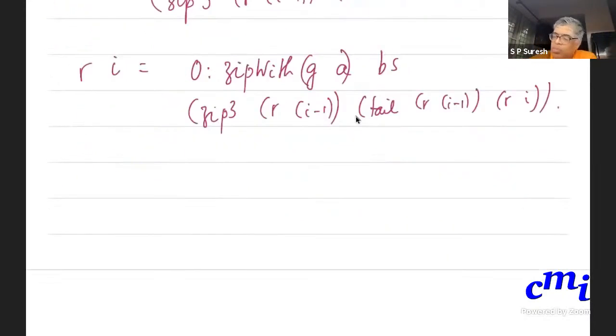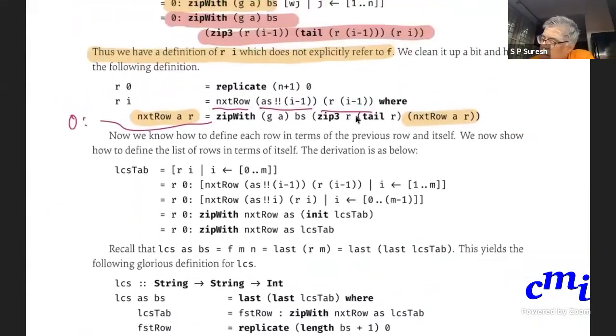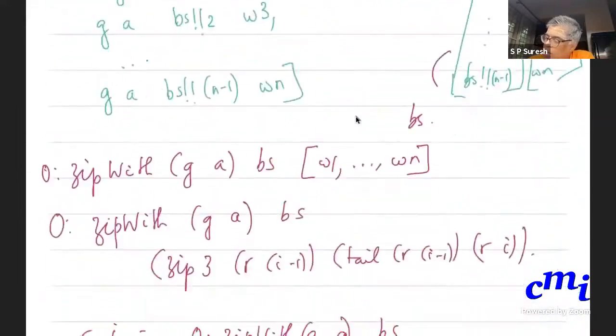Now I'm not doing anything fancy. I want to write this whole expression here as some function applied on A and B's. In fact, here it is A at I minus 1.